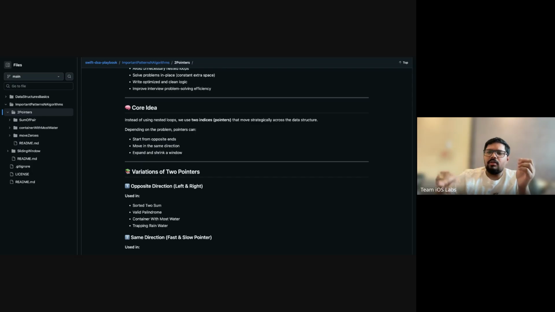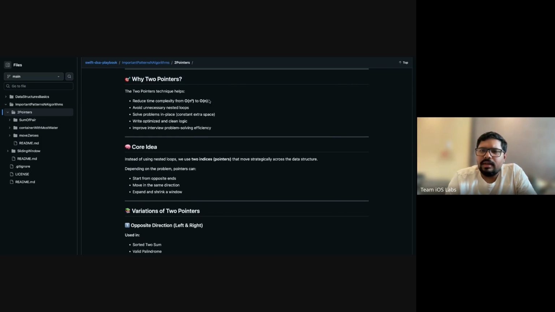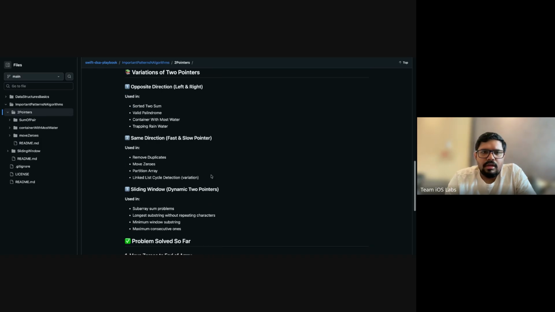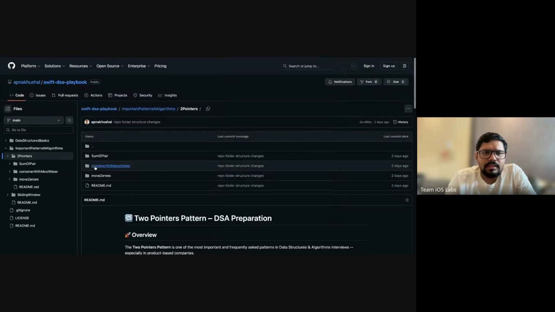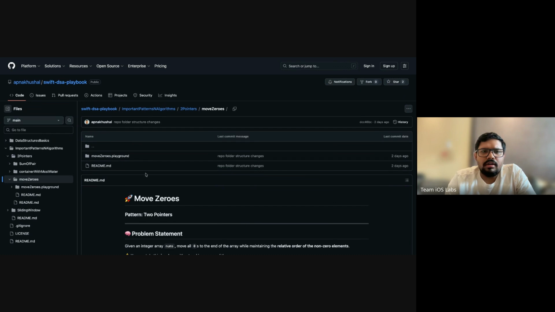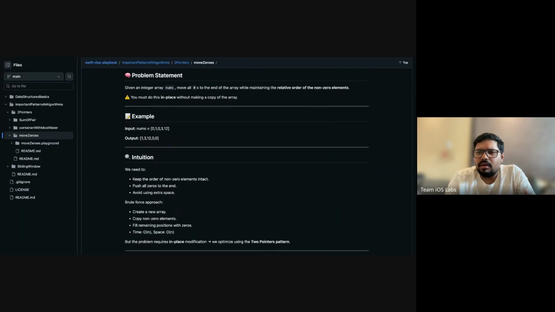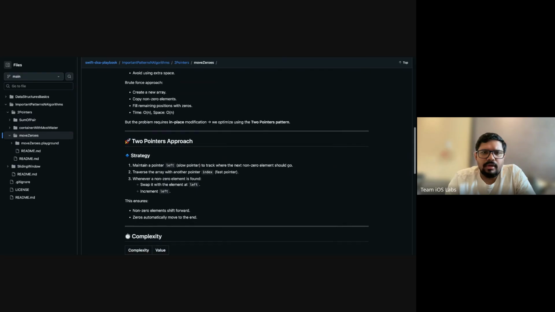So in this manner, you are actually traversing your whole array once only, and then you get the final answer. So that's the best approach, you can solve it in O(n) time complexity. So I would prefer to move directly into the problem itself, so that it would be better to understand this algorithm.